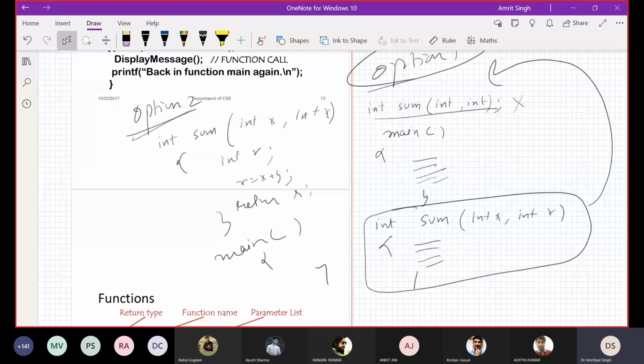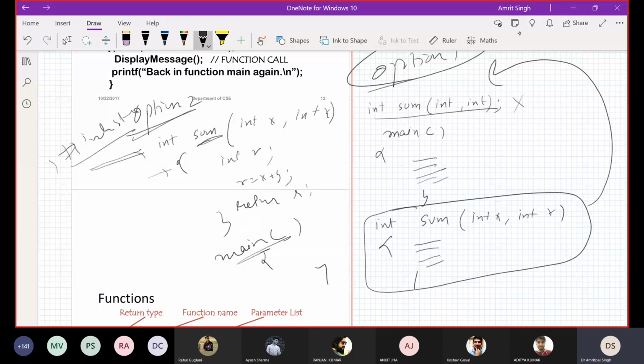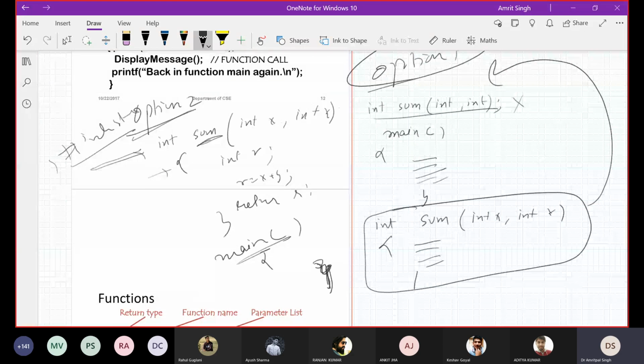Because during compilation, after hash include stdio.h, your compiler is going to read these things. So your compiler already knows that we have a function sum, so no need to go scanning after the completion of main.